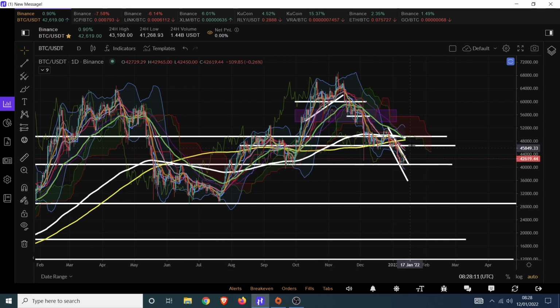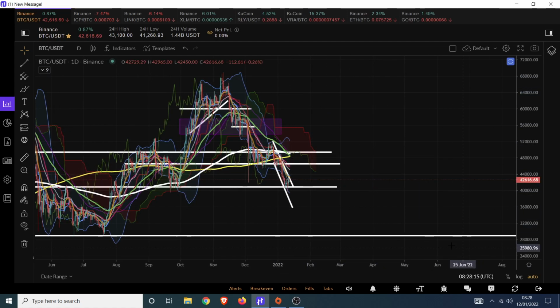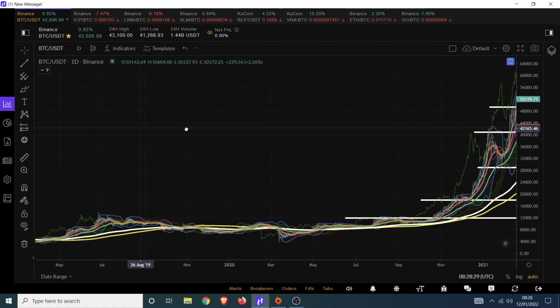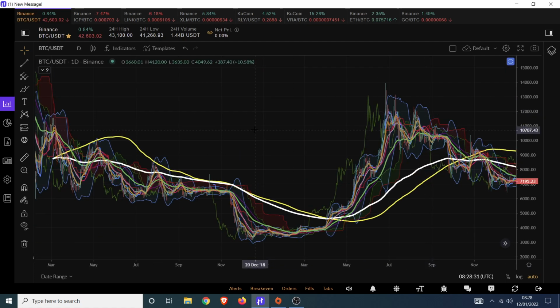If we were in a bear market, then this would be a full-on change of behavior, and you would expect much longer, drawn-out, lower lows, lower highs, and these pushing us down as areas of resistance, making it harder for us to reclaim them until, of course, we go back in time. Let's have a look at the bear market when it finally finished.